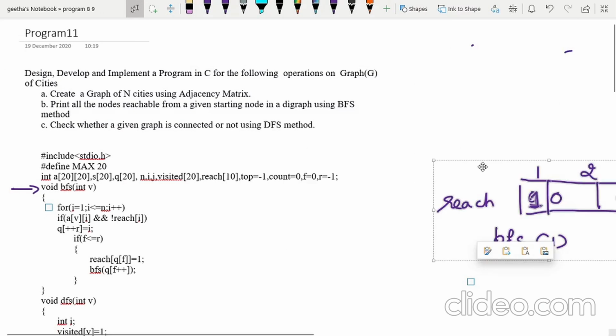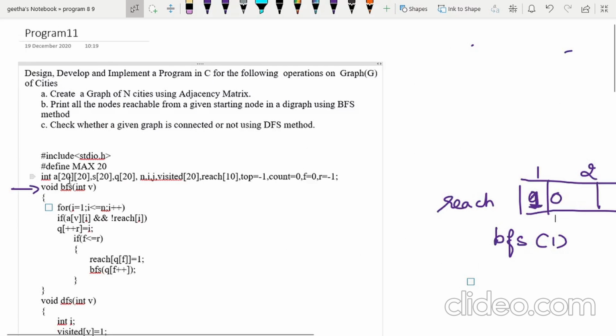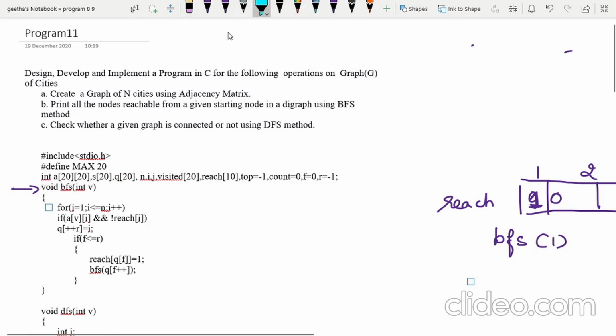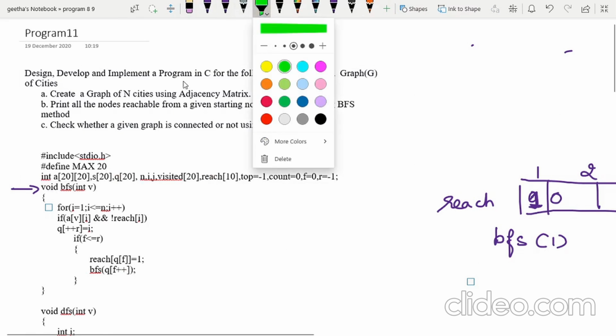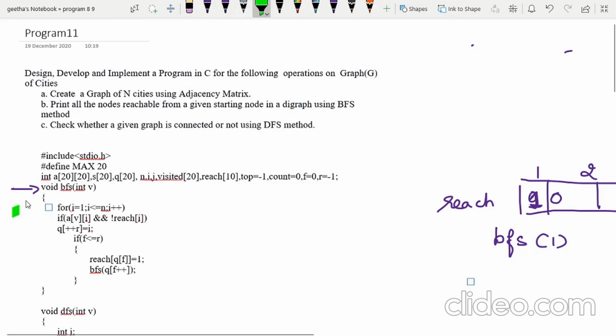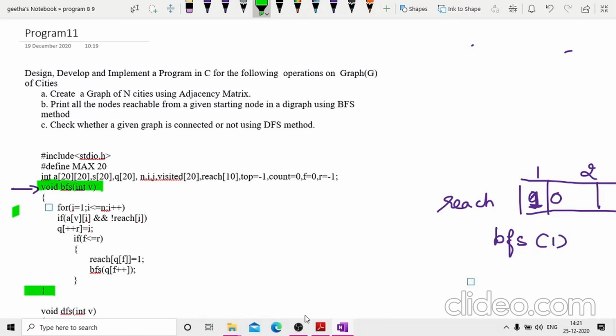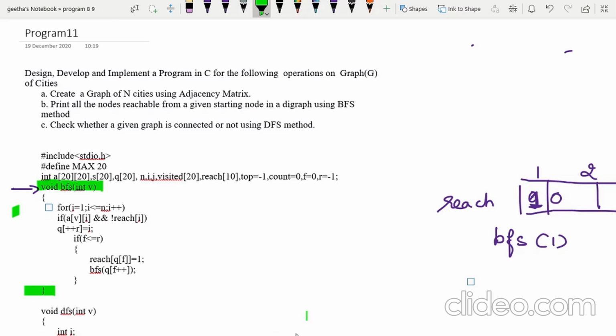I am going to make a call for BFS of 1. That means I will land at this particular function. Please see here properly, this function starts from here to here. Let us see what this code is going to do when you make a call to BFS of 1.